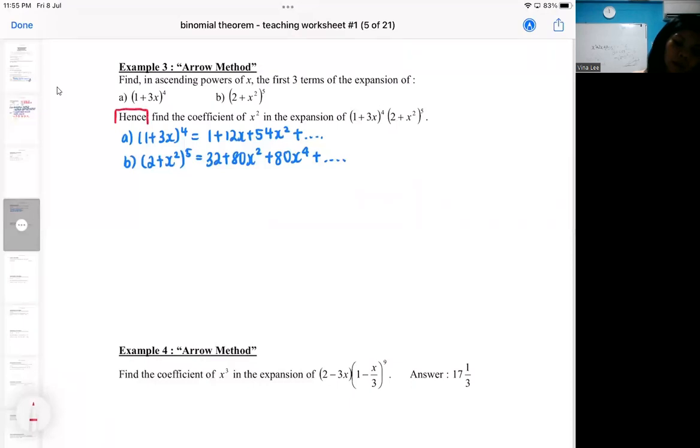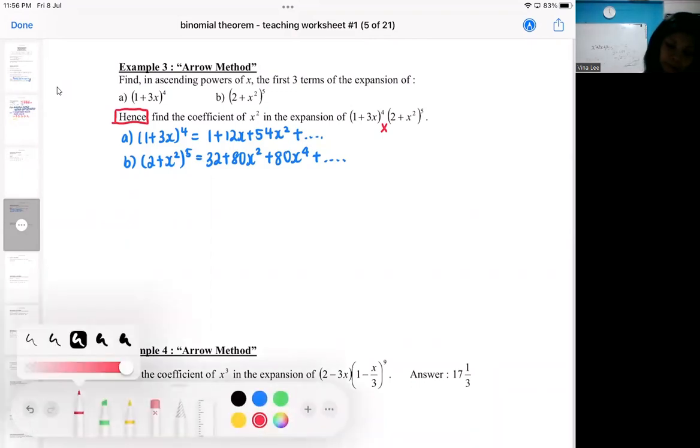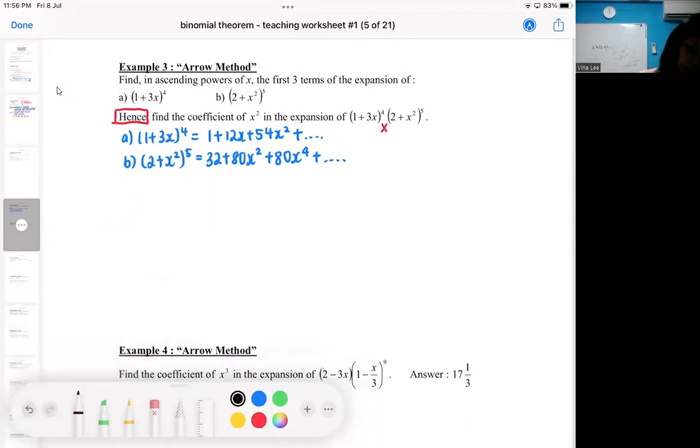The hence part requires you to multiply the two brackets, and each of the brackets is already expanded under part A and part B. So now we are combining the two expansions by multiplying. Sometimes we will combine two expansions by adding up. In the O-level questions, there are some that combine two binomial expansions by adding. But in this case, I'm not adding up, I am multiplying. So if you look at the hence part,